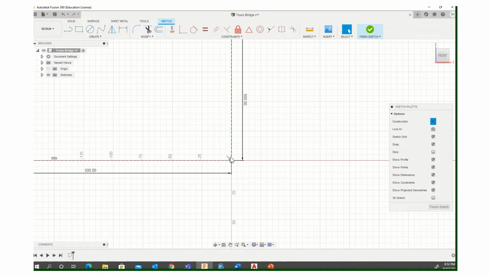Then the first thing I'm going to construct are the triangles for the truss bridge. So let's do some triangles again with lines, and the length of the members, they're going to be 200 mils, and the angle is going to be 135. So it's okay, 135 is okay, because we want 60 degrees angles. Sorry, it's 120